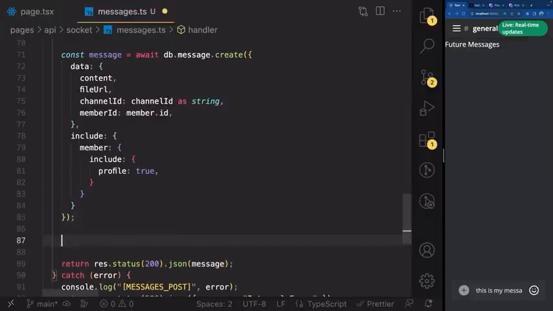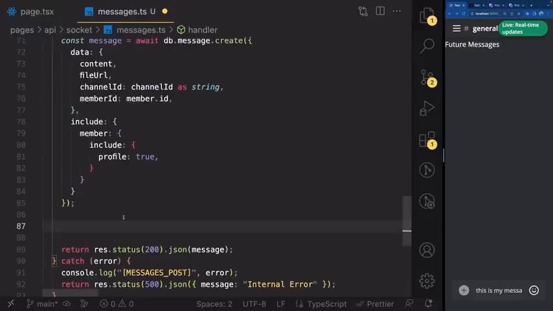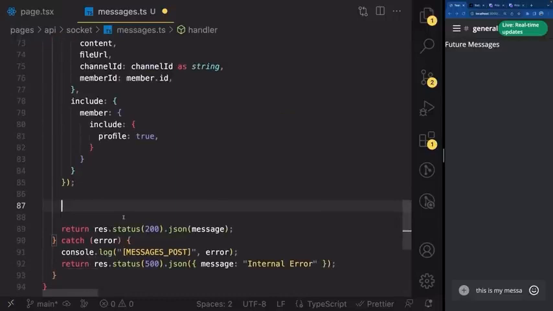But I also want to do something else. I want to immediately emit a socket IO event to all the active connections. So the way I'm going to do that is by creating a unique channel key. So const channelKey is going to be backticks, chat, colon, open an object, channelId, comma, colon messages, like this. Perfect. So we are going to watch this channel key